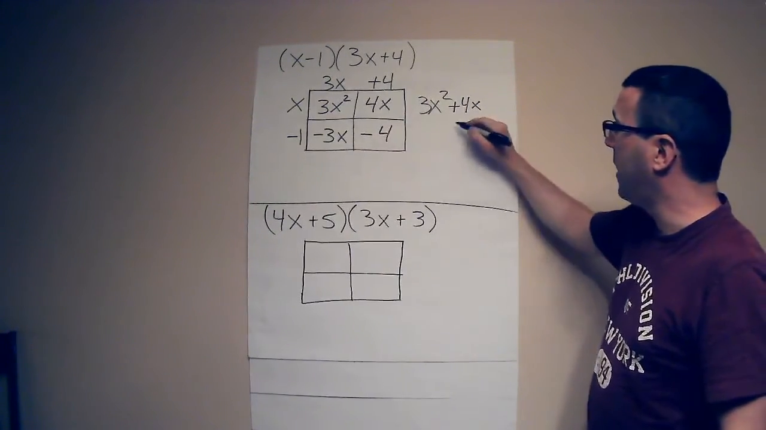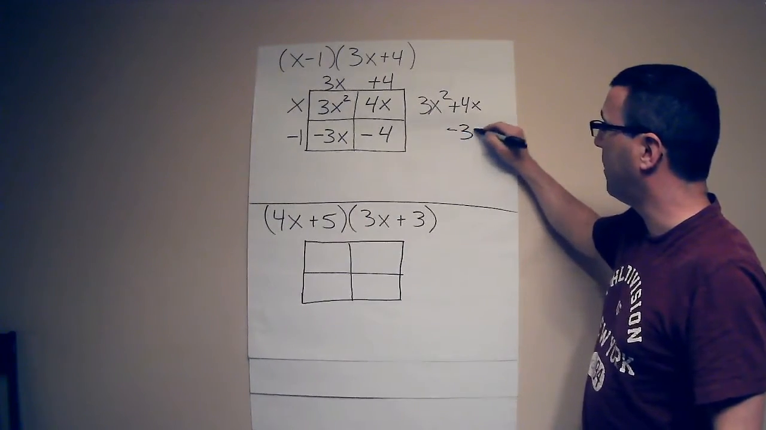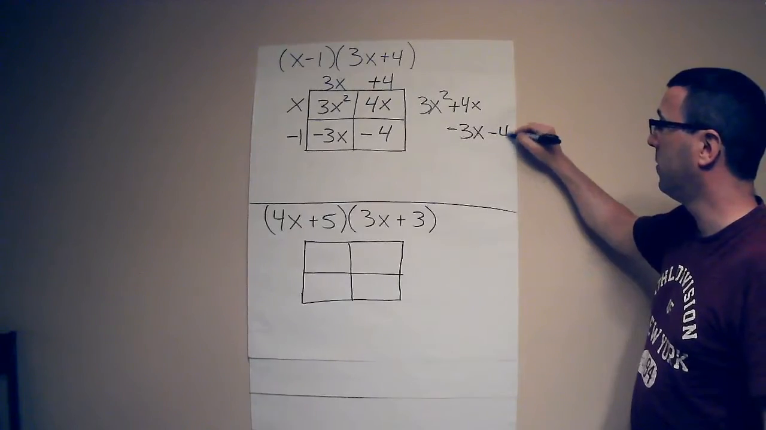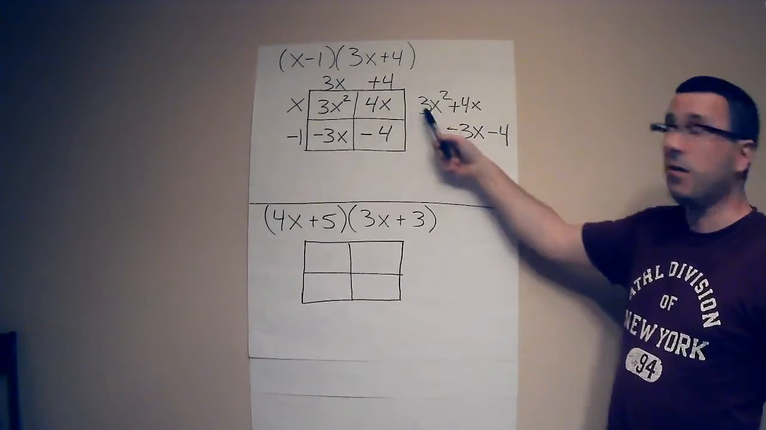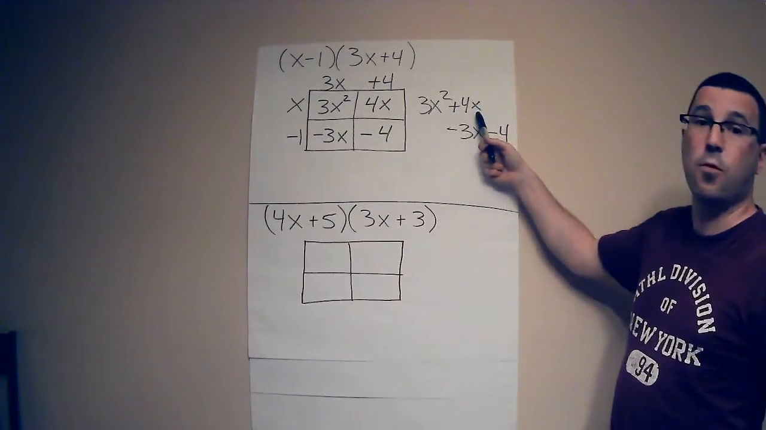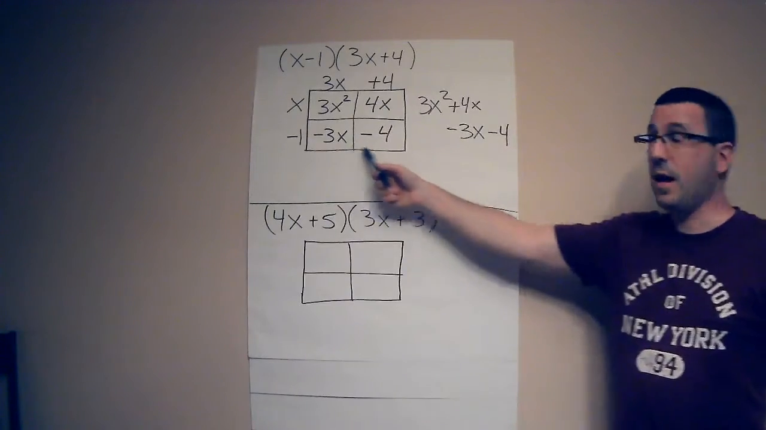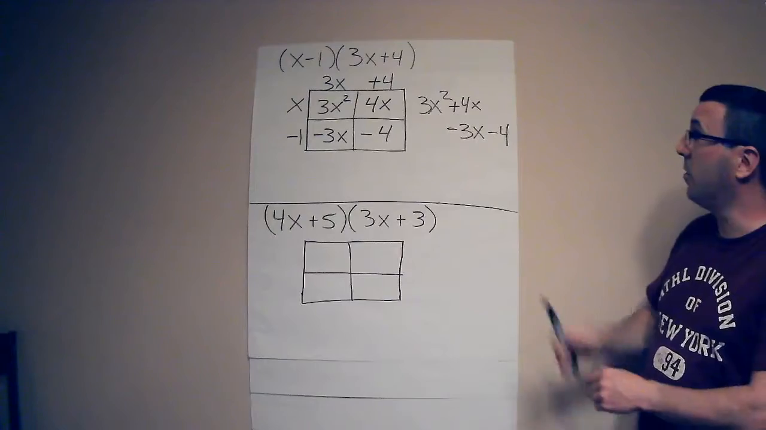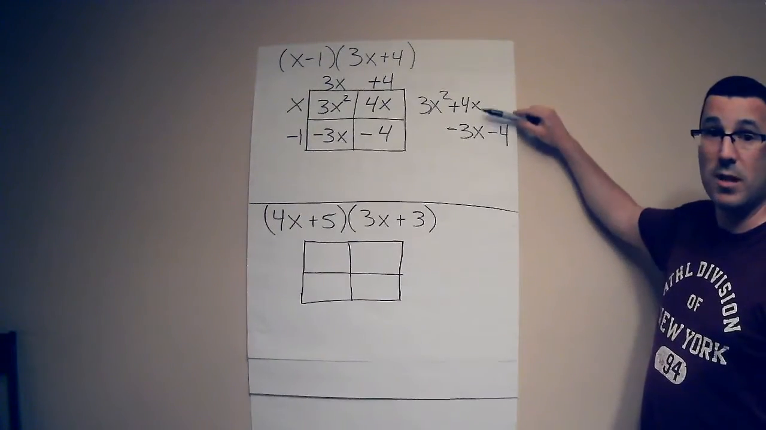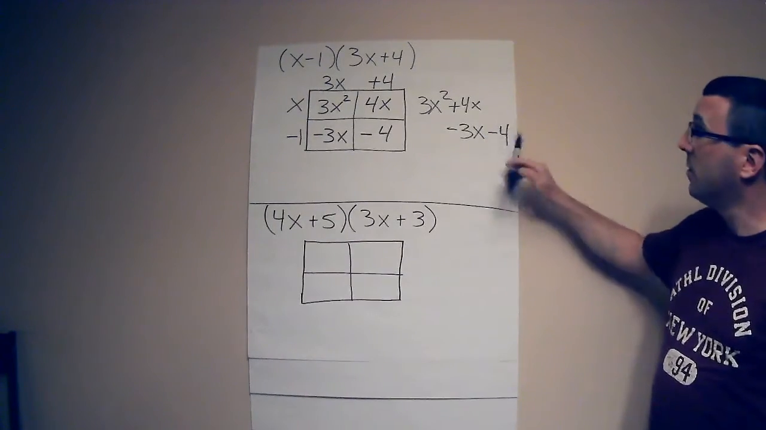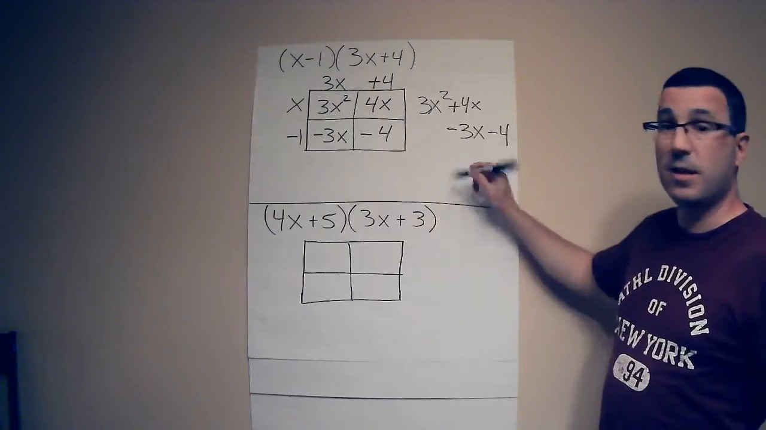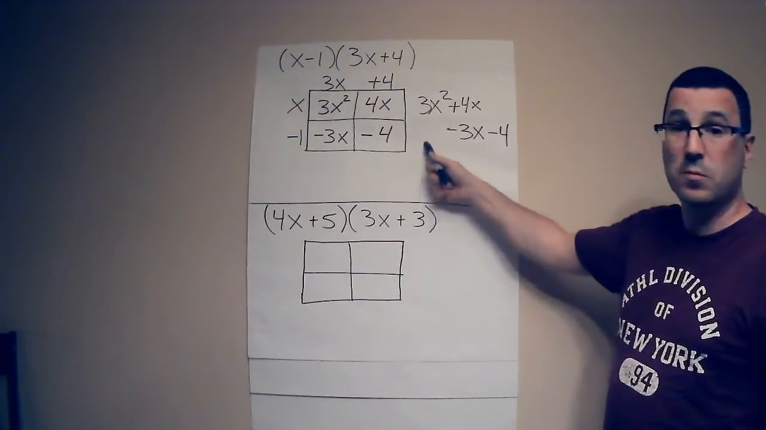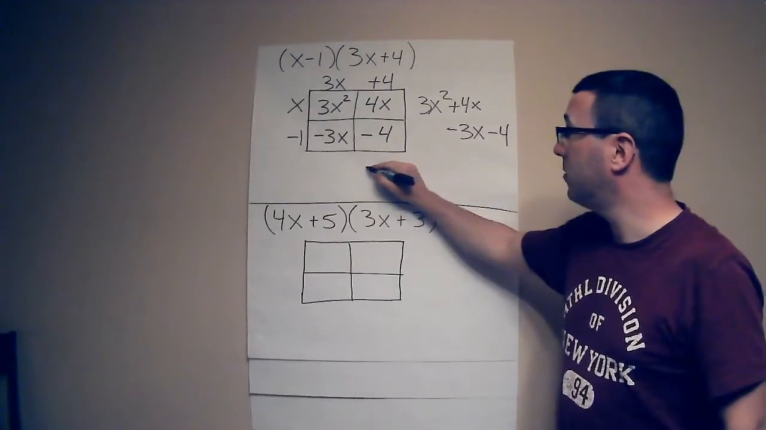I got a -3x, I'm going to do it this way, -4. So you see across here, I've got 3x squared plus 4x. Along the bottom, I have -3x minus 4. You'll also notice that the two x terms are lined up. So when I add these two things together, I have 3x squared, not adding anything, so 3x